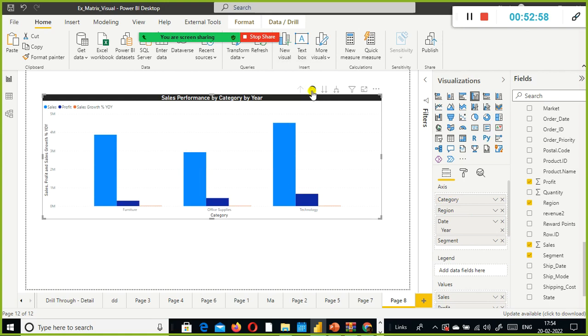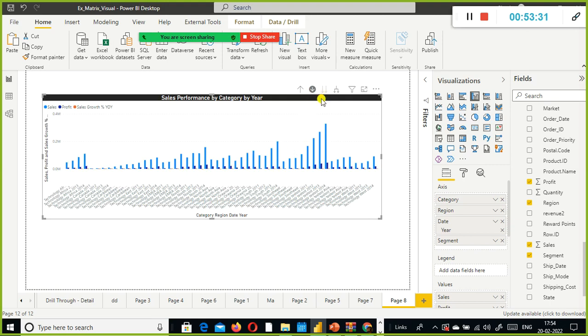If I disable this one and try to click on it, if I want to drill down by selecting a specific column in this chart, it is not possible. You need to understand this very well. Only when you enable this icon, you should be able to drill down to the next level for a specific column. For example, if you want to drill down to technology alone, I just enable it. Look here,